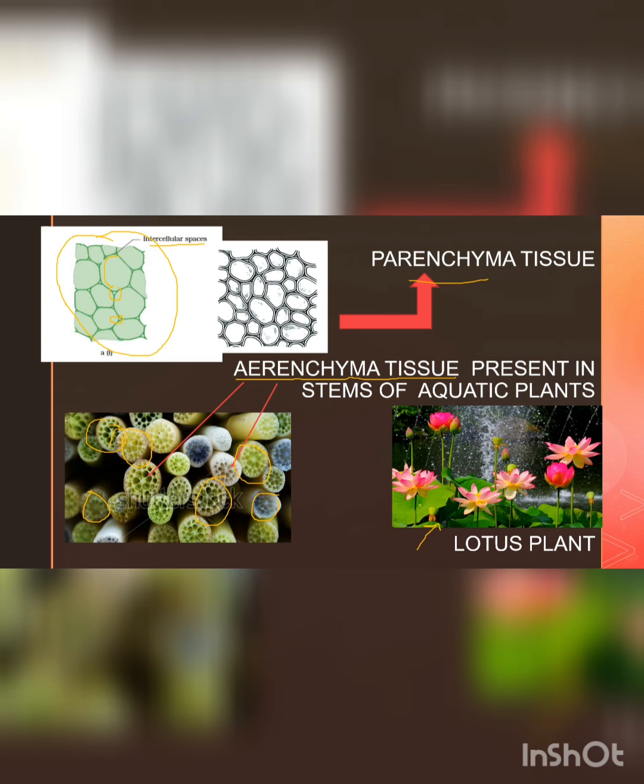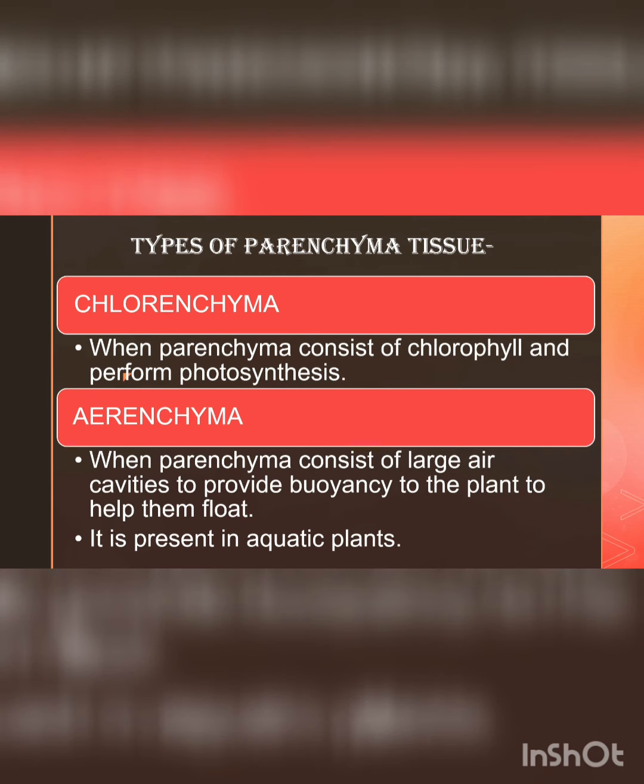Okay, understood? Fine. So the same thing I have written here about chlorenchyma. The main thing you should know is that chlorenchyma relates to chlorophyll and photosynthesis. And what about aerenchyma? As the name represents air, the name aerenchyma has come. So aerenchyma has large air spaces, due to which it helps in providing buoyancy. And basically it's a peculiar characteristic feature of aquatic plants. Understood?